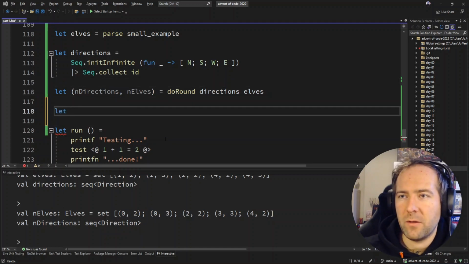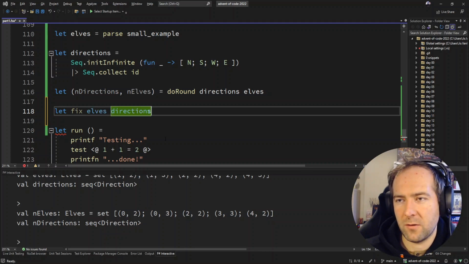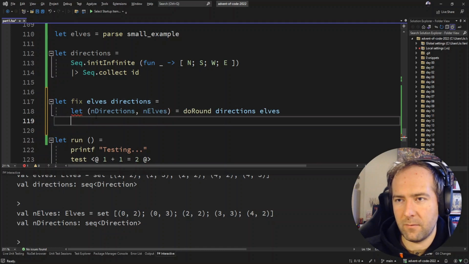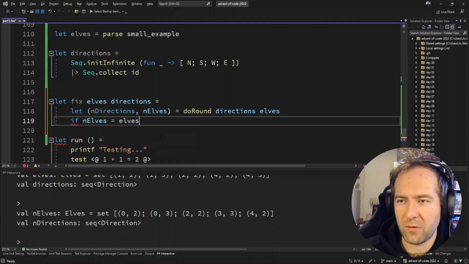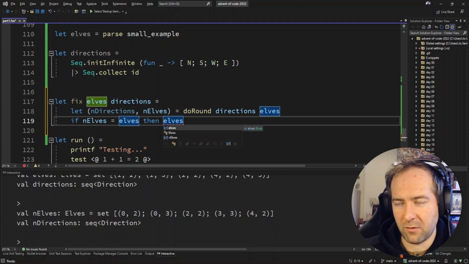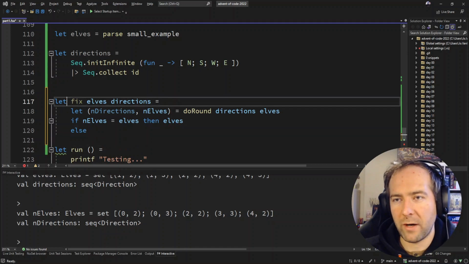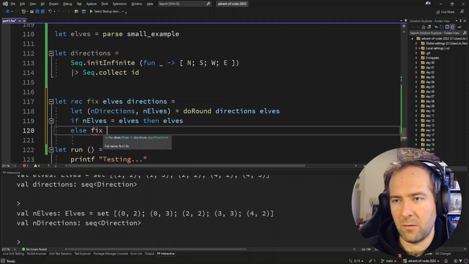So let's write a fixed point. And we need our elves. And we need the directions. And that's it, right? So we need to do round stuff. Next direction, next elves. And if the next elves set is exactly the same as our input set, then we are done, and we can just return one of those. And otherwise, we need to go one more round, so it's recursive. We go with the next set of elves, and